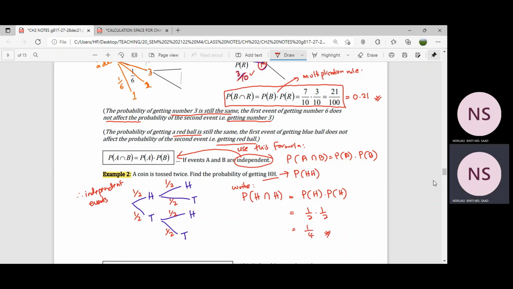Okay, clear about independent events? Okay, Alhamdulillah. Okay, next we will look at